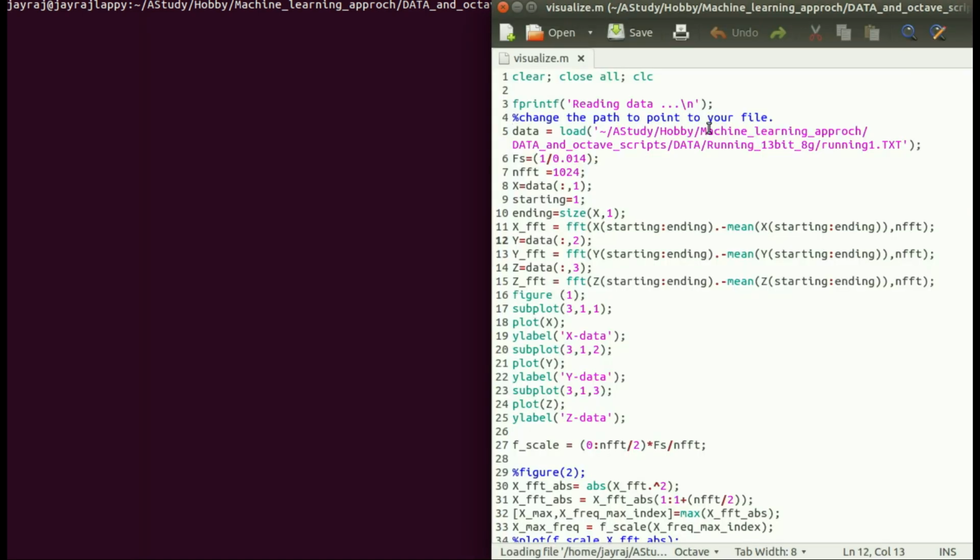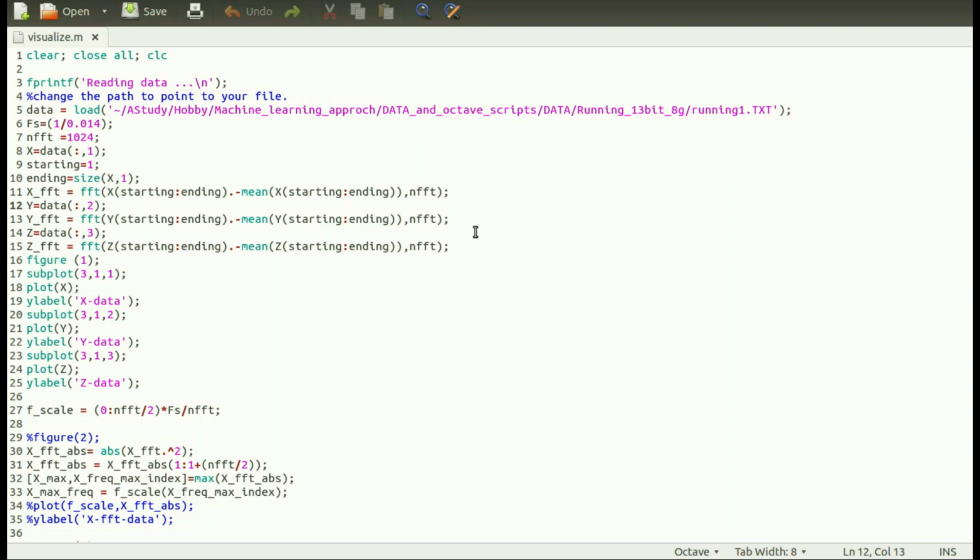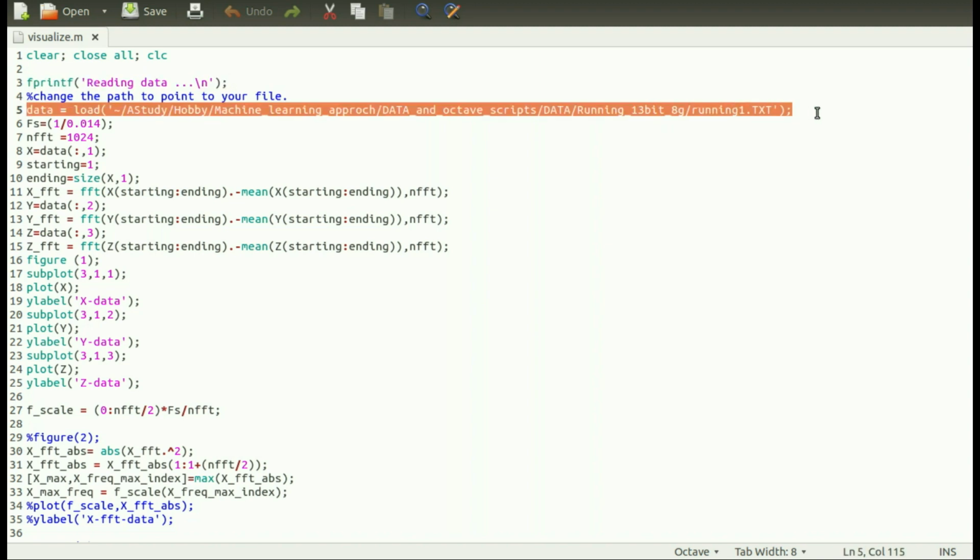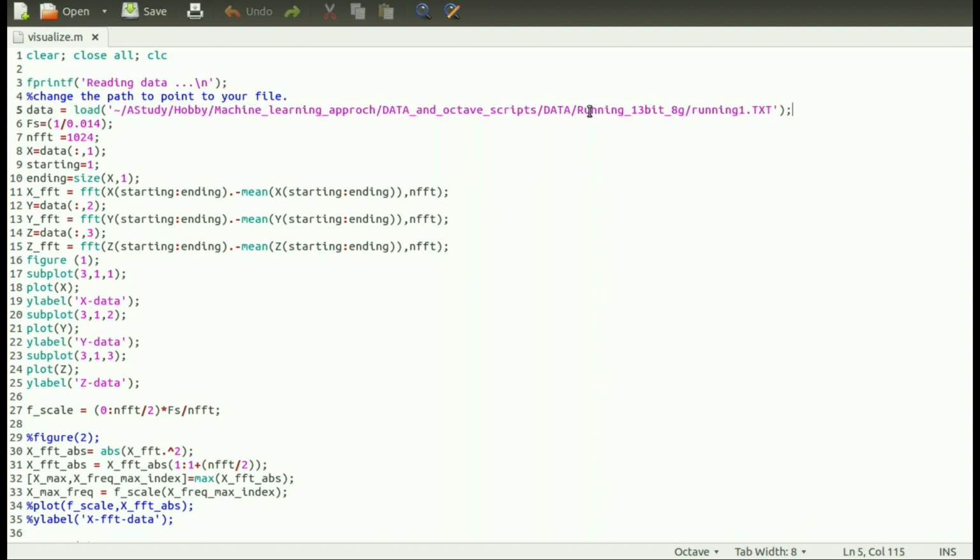Okay, so here is the file. If you look at the first statement, it's just clearing everything on the terminal, then it prints reading data, and in this statement it picks up the data from the text file by the name of running 1.txt in this folder. So running is the folder.